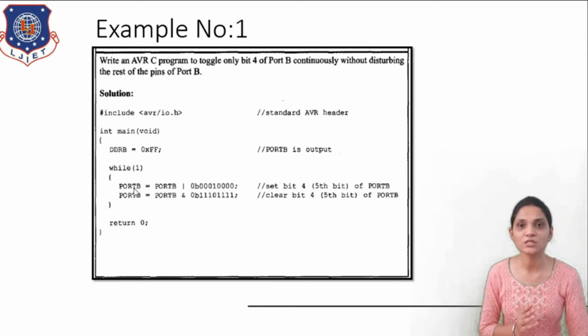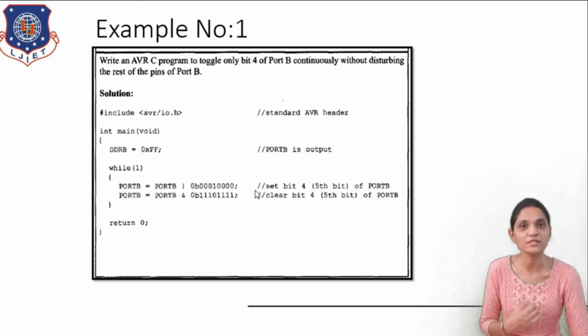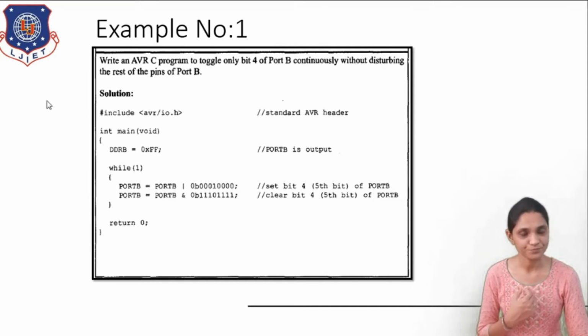We will first use the PORTB data, replacing it by PORTB ORed with data which contains only one bit as 1, and that is the fourth bit. Your pattern will be like 0b00010000. If you do the ORing operation with this data, your result will contain your fifth bit as a 1 without changing the rest of the bits, because if you do the ORing with 0, your result will be the same as the second data, and if you do ORing with 1, your result will be 1.